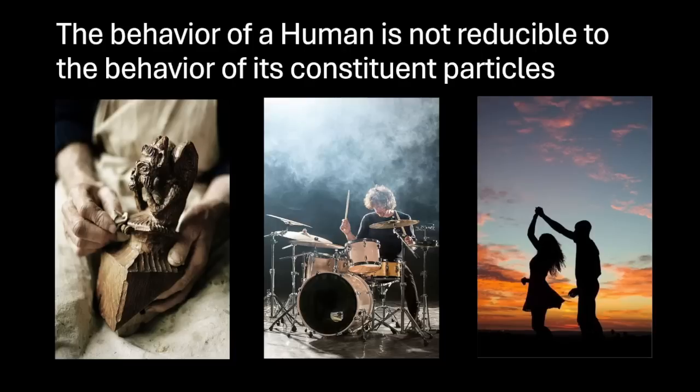The physics is only allowing a human to exist as a physical structure, but the totality of what a human being is is a composite object which in and of itself does things which are contrary to physics. Creativity being a great example, or falling in love and the experience of love. That's a powerful emotion. It's an emotional experience. It's a subjective experience, and that's what's causing us to behave in a certain way when we seek a partner or engage in romantic relationships.